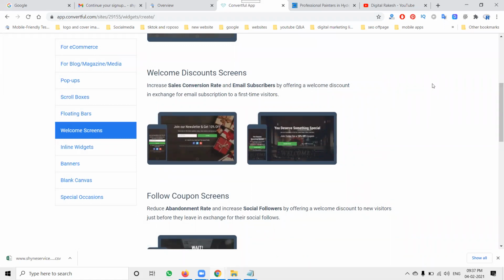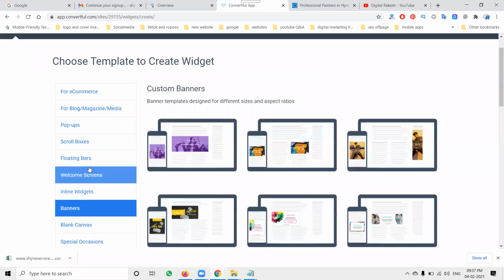This is the method we have followed to activate any code on your particular website. This is the method we can follow with convertful.com to maintain this kind of template. You can design banners and everything for the particular websites. No need for coding knowledge, just add one line of code to the website. You can design n number of widgets to show on your website, and receive email addresses from people looking for any kind of offers.